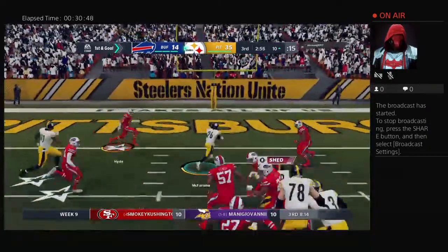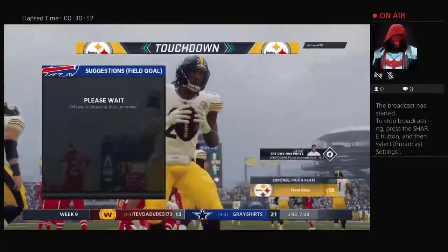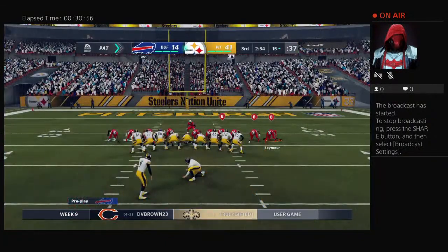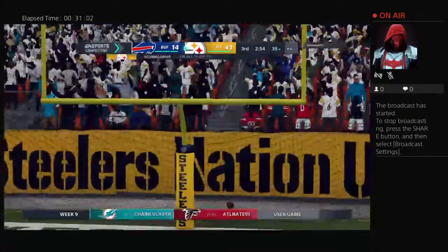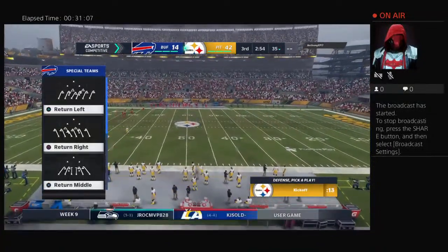On the ground, it's McFarland. And he's going to take it in for a Steeler touchdown. Anthony McFarland, his second touchdown on the season. And the Steelers capitalize on the short field as they take it in for 6. Extra point put through by Boswell. And that'll increase their